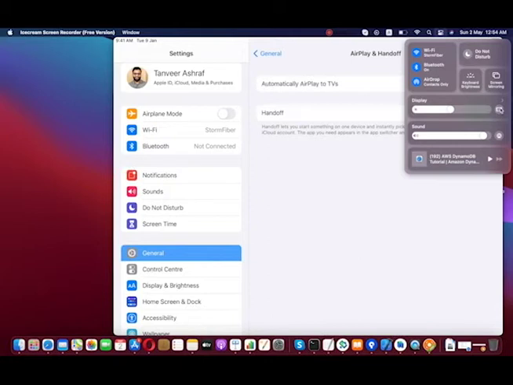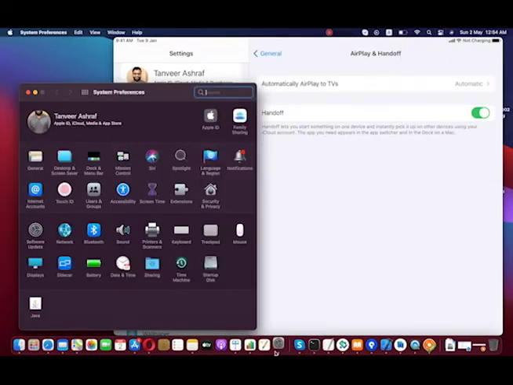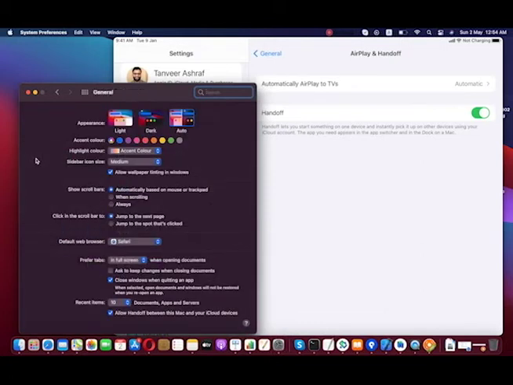One thing you have to keep in mind: if you don't see your iPad here, or you don't see this icon here, maybe you have to go to the settings, go to General, and see if this option is enabled, Allow Handoff. This is the main setting on the Mac system, so it should be enabled.